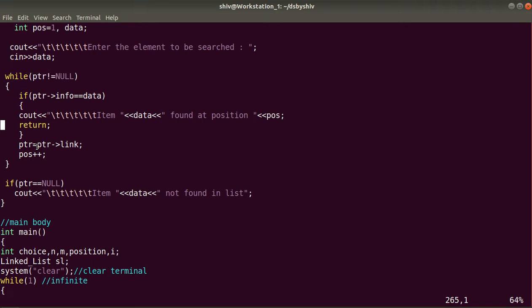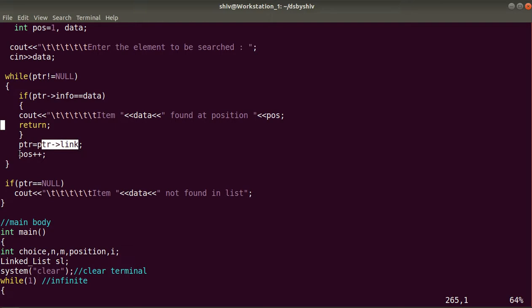We proceed to the next node, meaning 1 to 2, 2 to 3, 3 to 4. Suppose our last node is 5, so PTR will be 5, and after 5 there will be nothing. When PTR link is assigned, the last node 5 will contain the next address null.